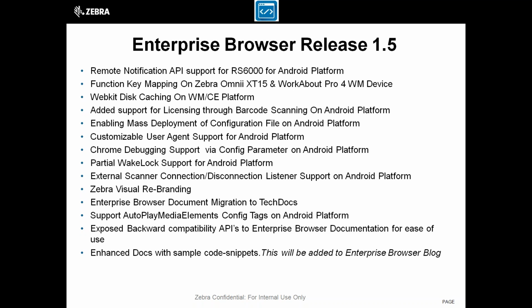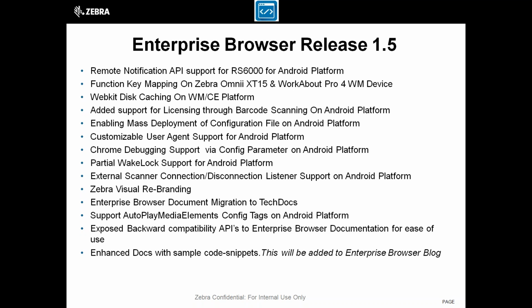Then we have also provided a new feature for enabling mass deployment of the configuration file on the Android platform. We have customizable user agent support for the Android platform from EB 1.5. We are also supporting the Chrome debugging feature via a config parameter on Android. Then we have partial wake lock support for the Android platform.